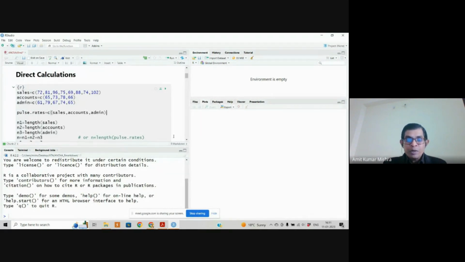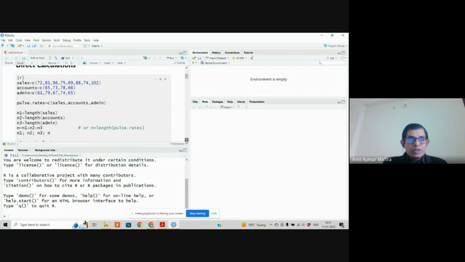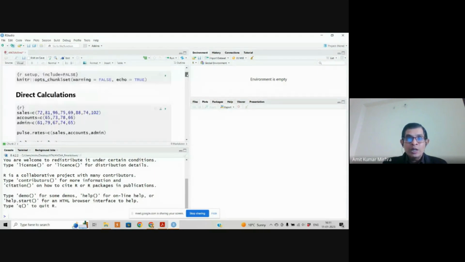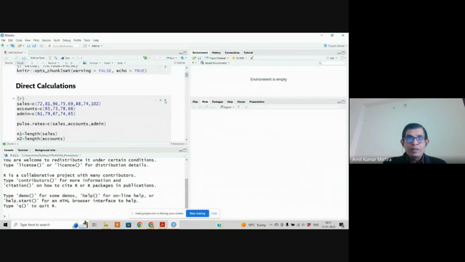Okay. Then I have just seen what is the length of sales. That means what is N1, what is N2, what is N3, and then N, which is N1 plus N2 plus N3. Then I have taken a print of N1, N2, N3. So if I run this chunk, if I run this,